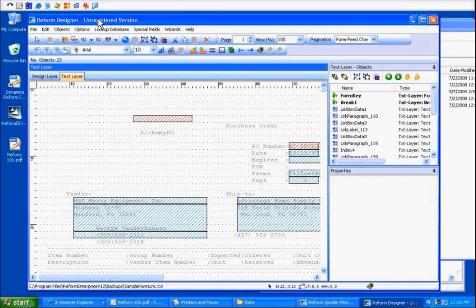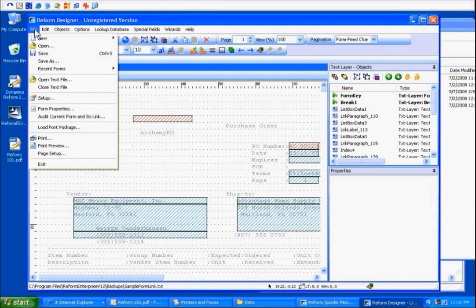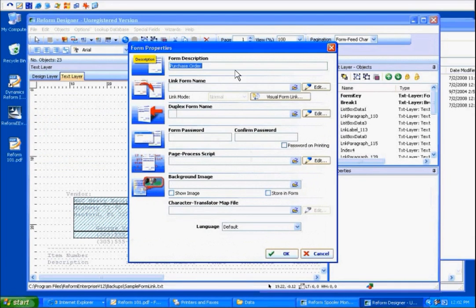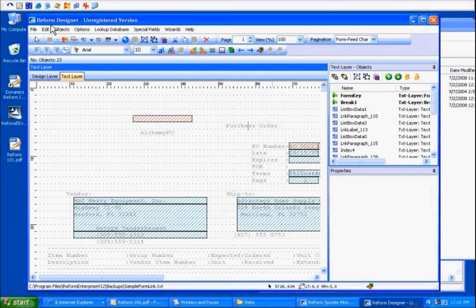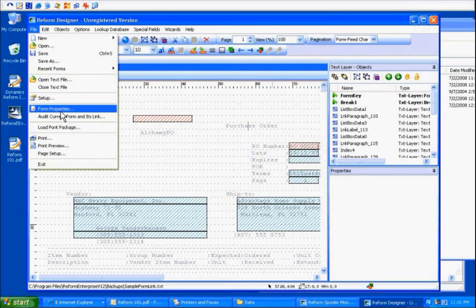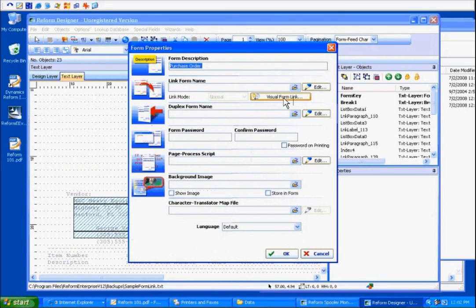If I go to File, Form Properties, actually I'll open the other form. Well, I'll show you this as well. If I click on Visual Form Link, oh, I have the wrong form open. I need to open my sample. If I go to Visual Form Link,